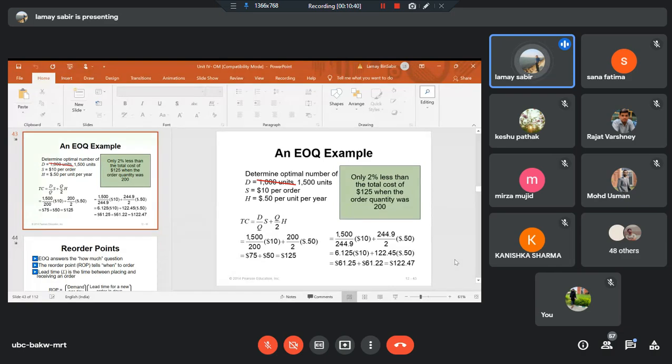So suppose I placed the order today, that is 30th of September, and I get the delivery 2 days from now, that is 2nd of October, for example. So these 2 days will become the lead time. Now, what is the importance of lead time? The importance of lead time is that we should have to prepare ourselves to face the condition of lead time.